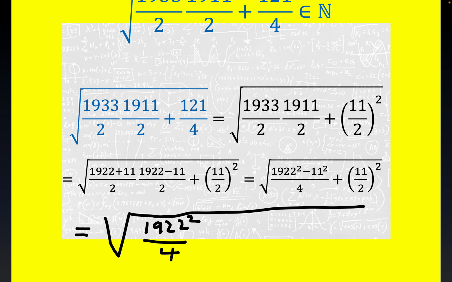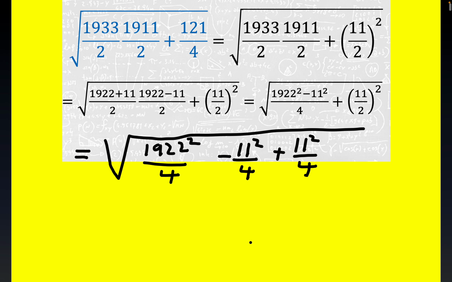Okay, this is all supposed to be in the radicand. Now this would be minus 11 squared over 4 plus this 11 squared over 4. Also, this is the same as 11 squared over 4 right here. See, folks, this worked out for us because these two terms right here cancel. And so you're left with